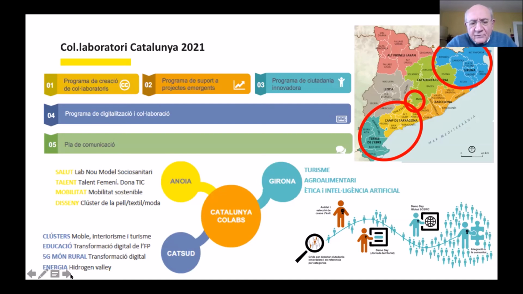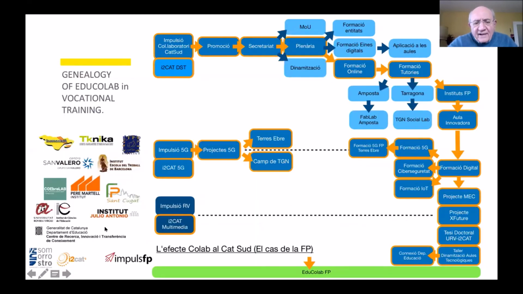Finally, we began to discover that in different collabs, there were 2 main interests. One was health and the living labs related to well-being. COVID put a lot of stress on this kind of topic. But the second was in relation to vocational training. As you know, the European Commission recommends using the DESI, Digital Economy and Society Index, to measure the advance of the digital economy and society in the nations. We adopted this indicator for the region of Catalonia.